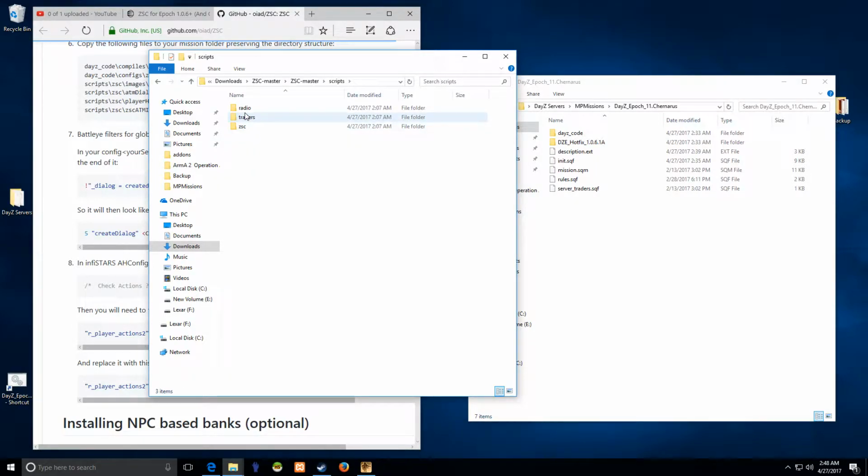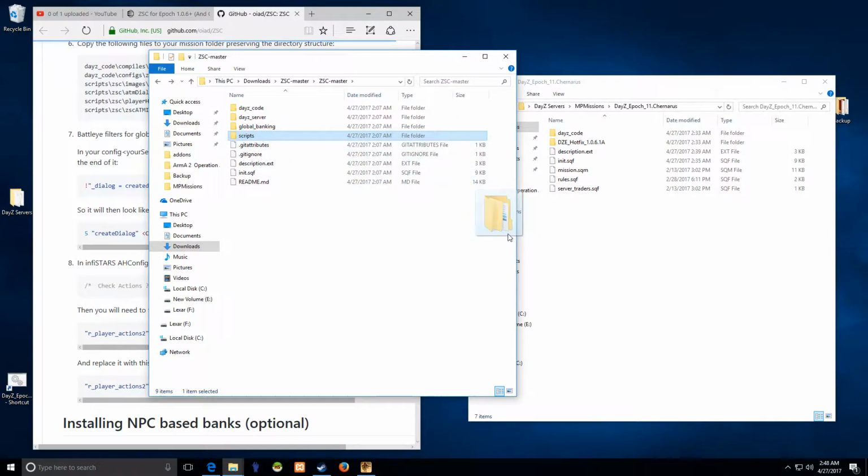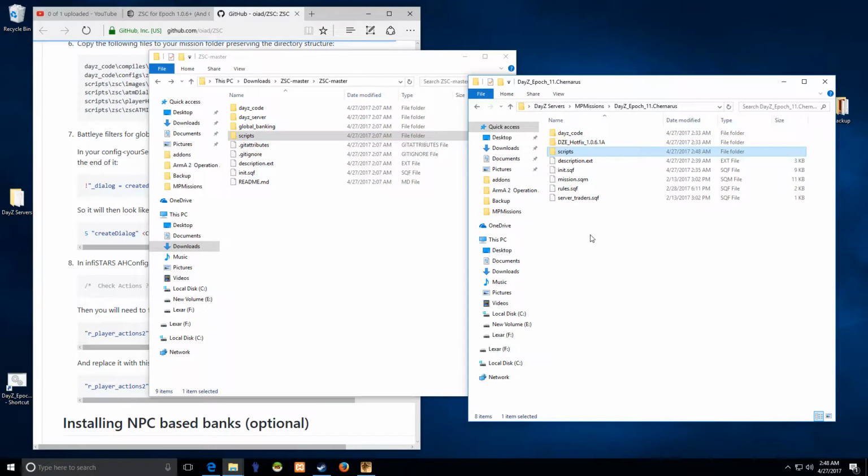So go to scripts. This has the radio thing. This is your trader stuff. You get to make some changes there. Yep, you need all that. So copy this scripts folder over. Copy that. So there it is. And now,